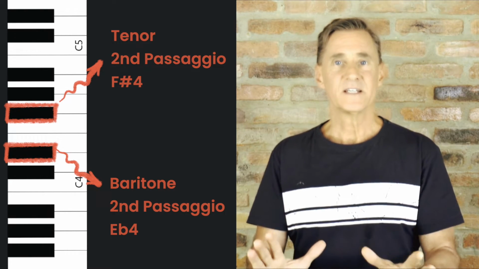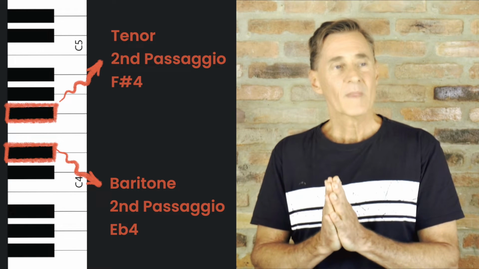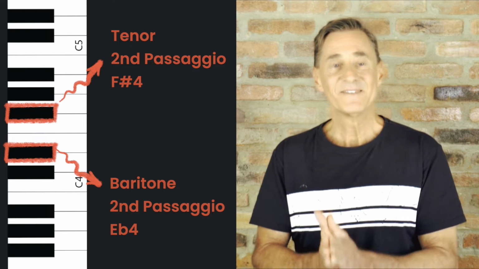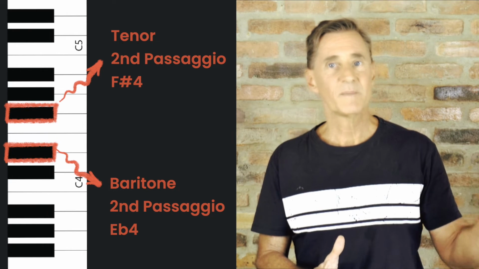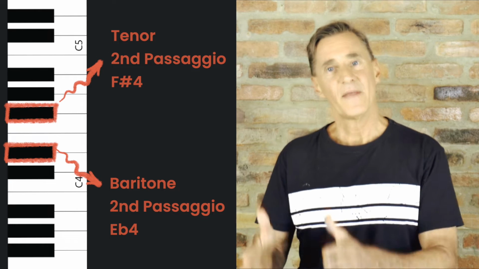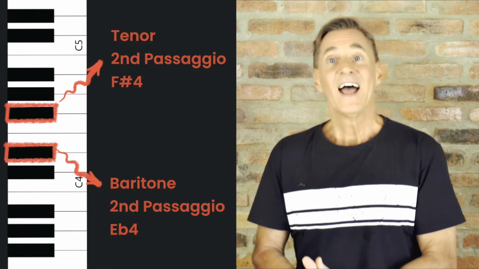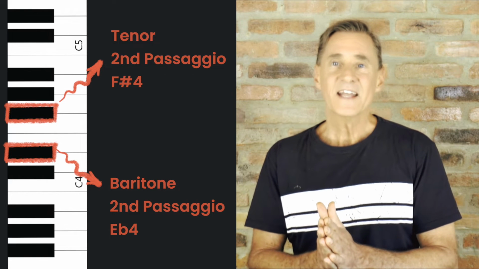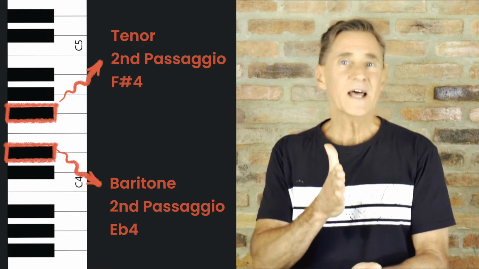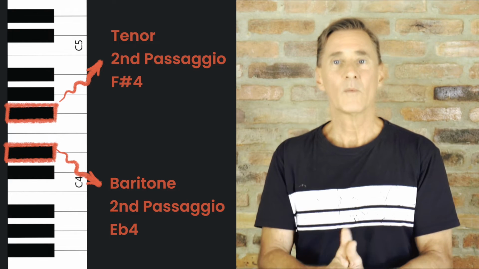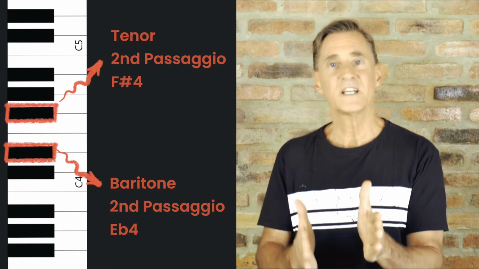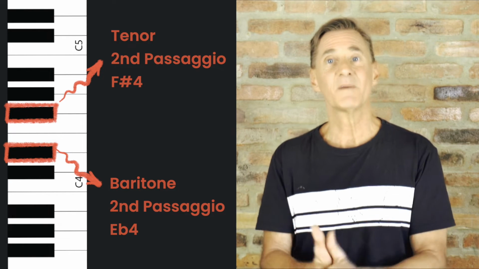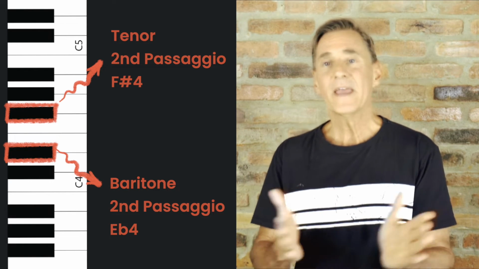What happened to me is, I've been told I was a baritone my whole life up until about 2 years ago. I took voice lessons when I was in my 20s. They didn't work out really well. Then I started again in my 50s. And in both cases I was declared a baritone. What happened was that E flat 4 was really difficult for me. My voice was like hitting a brick wall. So I was told I was a baritone. Oh, that's your second passaggio. You can't get past that.